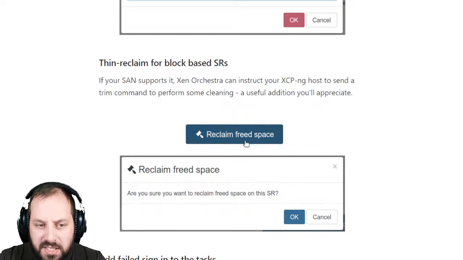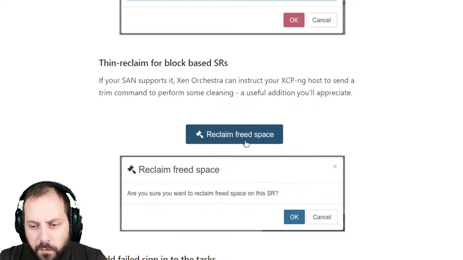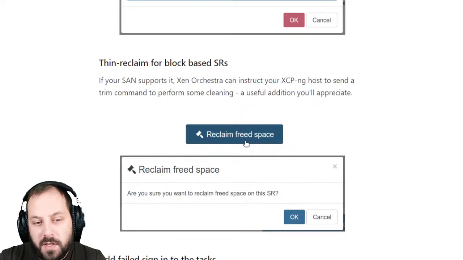That might help you to save some space and tell your SAN that all those zero blocks could be discarded and so on. So it's only useful for shared block device, maybe also local block device, not sure. If you are using file-based storage, it's not a problem because it's a file-based system and it's different. It doesn't need